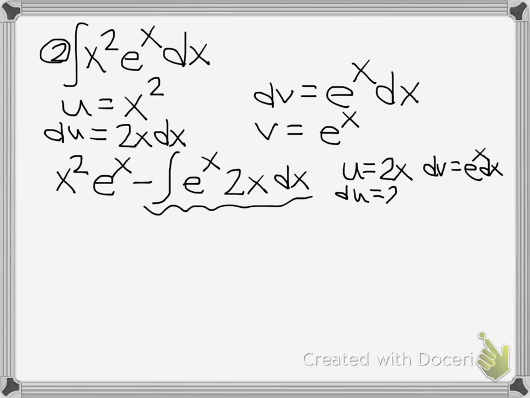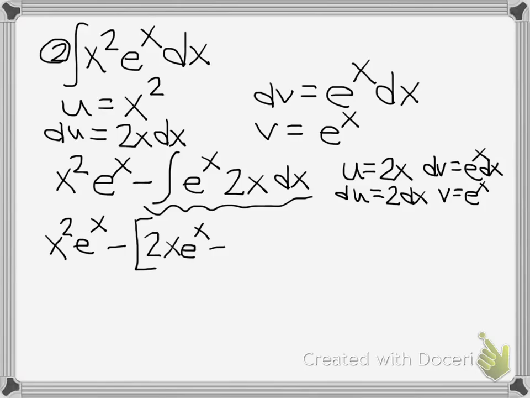So then du is just 2 dx, and v is still e to the x. And we go again. So that's x squared e to the x minus, okay, big ol' bracket here as we go again, uv minus the integral of v du. I'm just going to slap that 2 in front, close my big old bracket there, and that leaves us with x squared e to the x minus